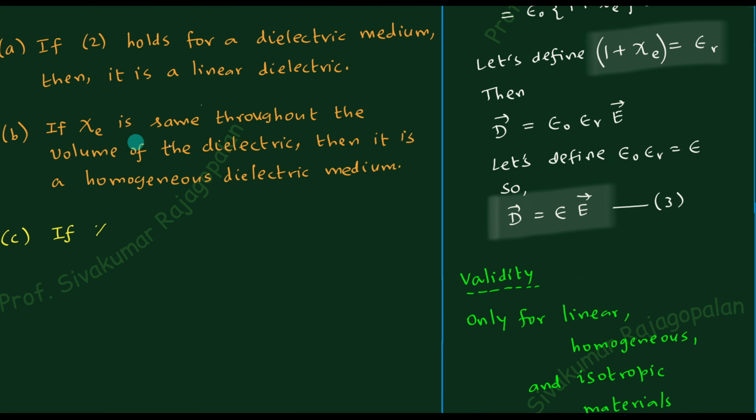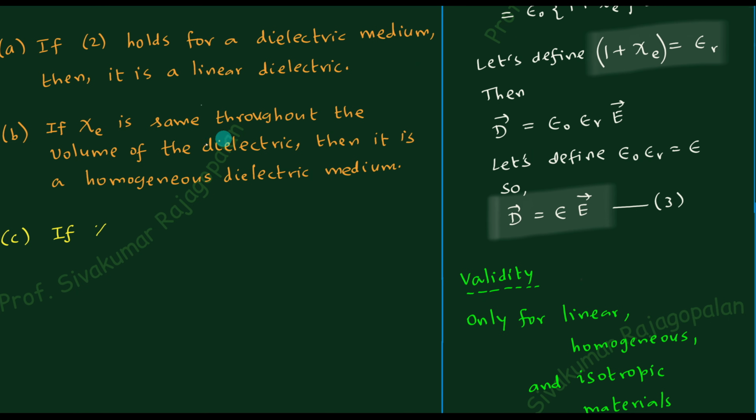So this definition is clear. We have to be careful about 'throughout the volume'. That is the point you have to remember: the value of chi should not change from place to place inside the dielectric. Otherwise it is known as inhomogeneous. It is like mixing. If you are taking, let us say, sand and cement, a homogeneous mixture means the ratio of the amount of sand to the amount of cement should be the same wherever you put your hand in that mixture. That's all about it. That's what is meant.